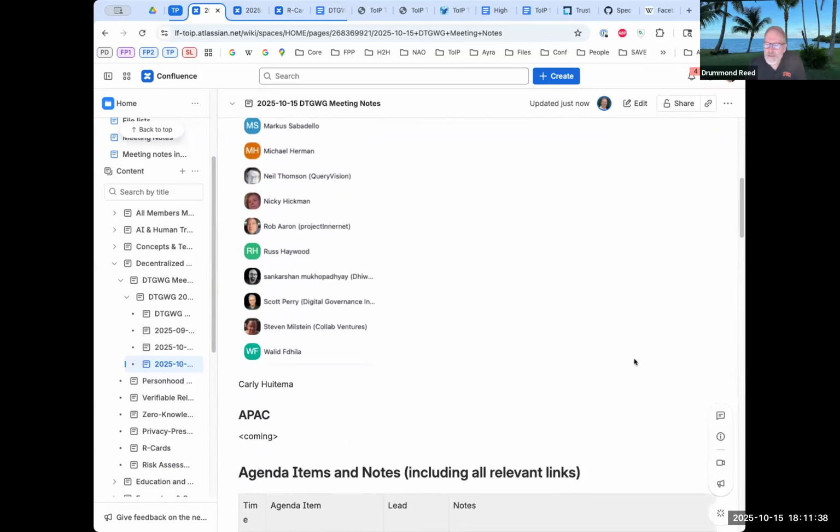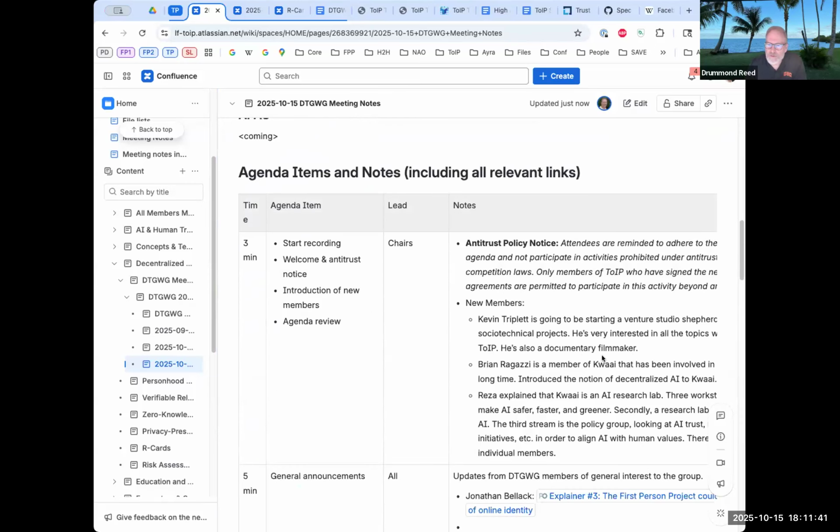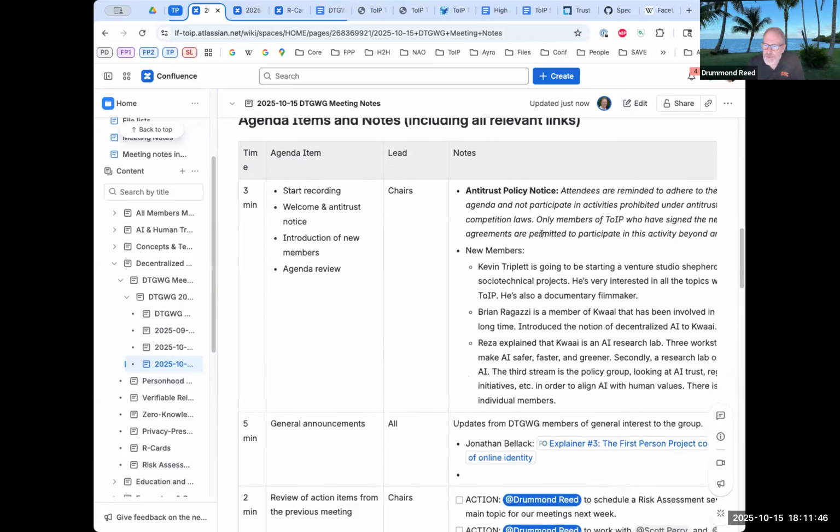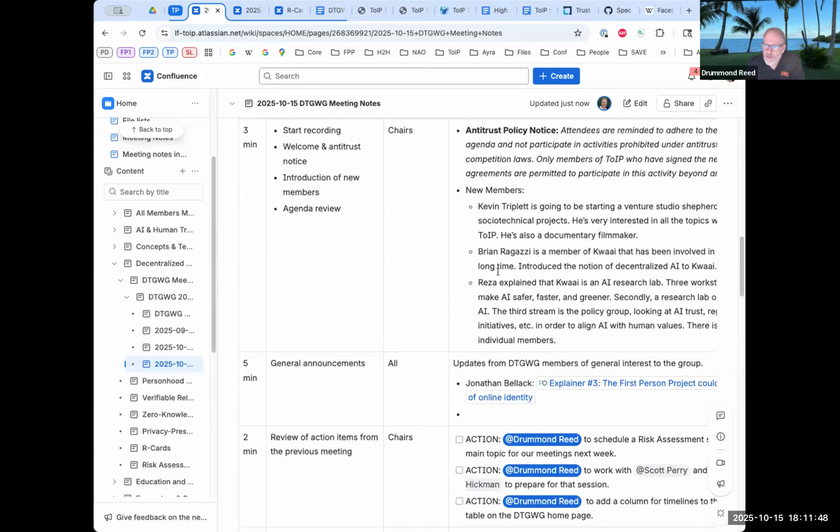Is that right? Yes. I'll pop down and just quickly, since this is our APAC meeting, review what we did cover. We had quite good attendance this morning. A couple new people. You guys are familiar with Kwaai, right? The open source AI work. I've come across them, yeah, on various things. I first heard about it at least a year ago at VRM Day. Basically, it's a nonprofit project to create personal AI,